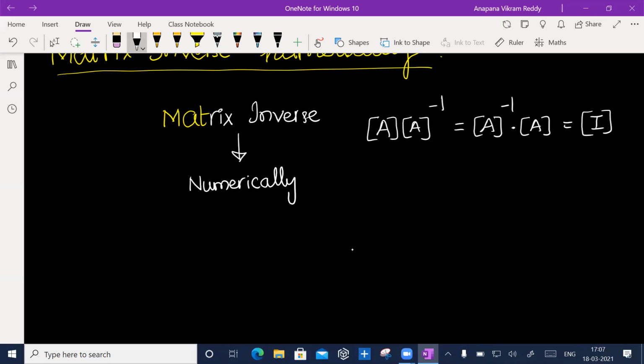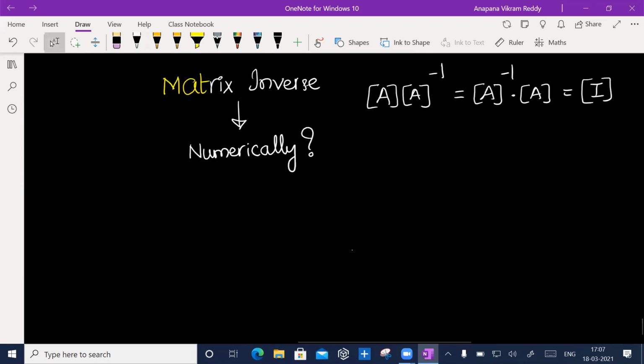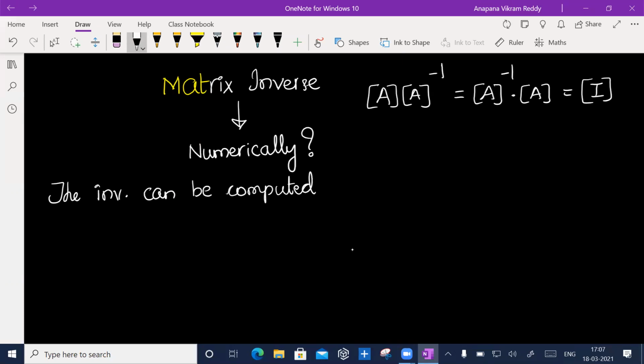This is the challenge: finding out matrix inverse numerically. You can write down one very important point. Everyone, please write down: the inverse can be computed in a column by column fashion by generating solution